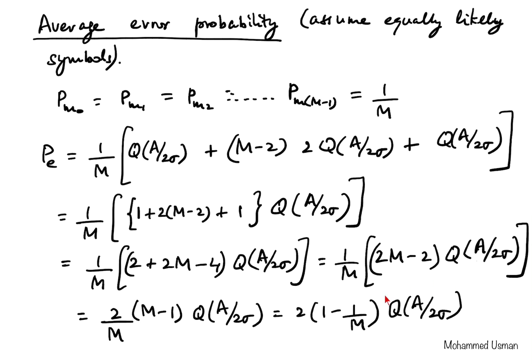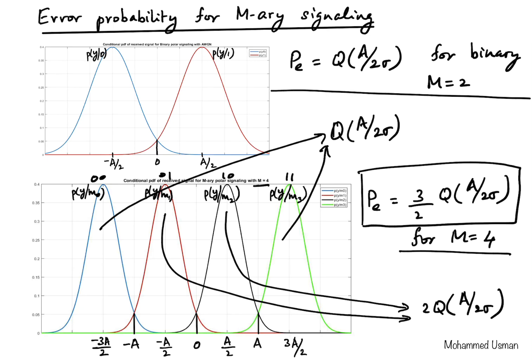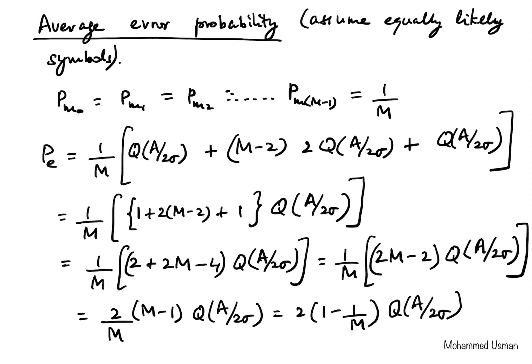For binary, we got the answer as simply Q of A by 2 sigma, as we showed in the very first slide. For 4-ary, we got 3 by 2 Q of A by 2 sigma. Let's substitute these values, M equal to 2 and M equal to 4, and see if we get the same answers. So for M equal to 2,